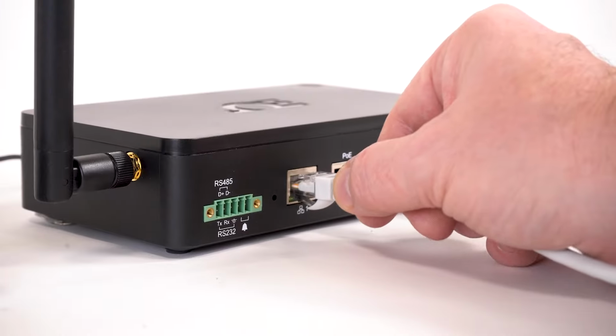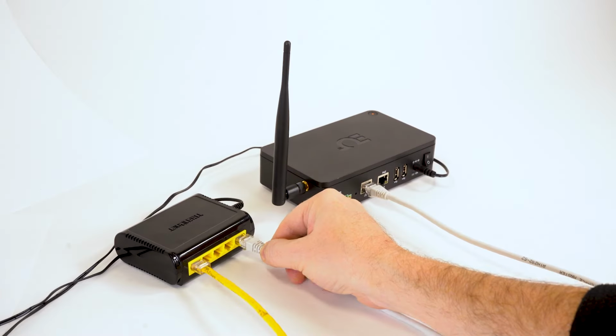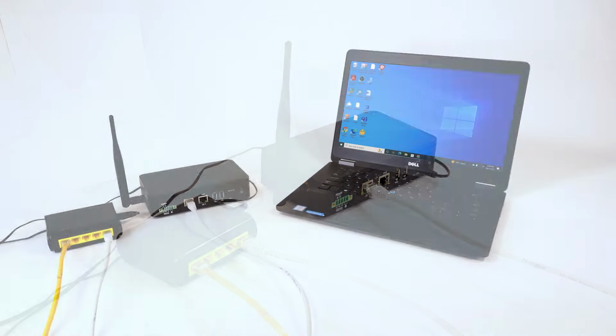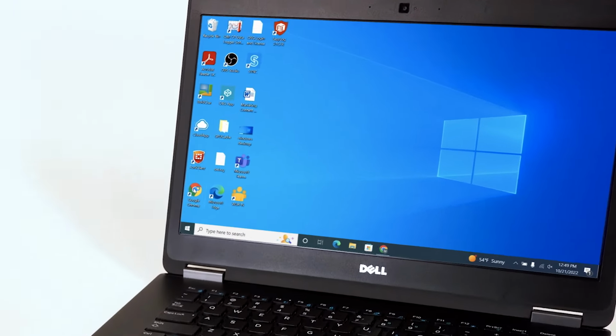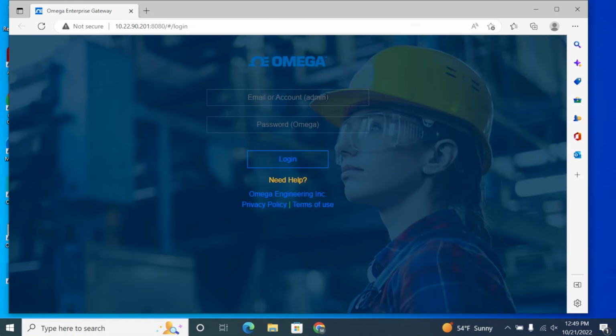If the gateway device will be moved and connected to a local area network, do so at this point via RJ45 Ethernet cable, either directly to a DHCP-enabled local area network router or directly to the local area network Windows PC that has OEG 2.3 installed. Now you can launch OEG 2.3 and choose the IP address option to access the OEG login screen and log